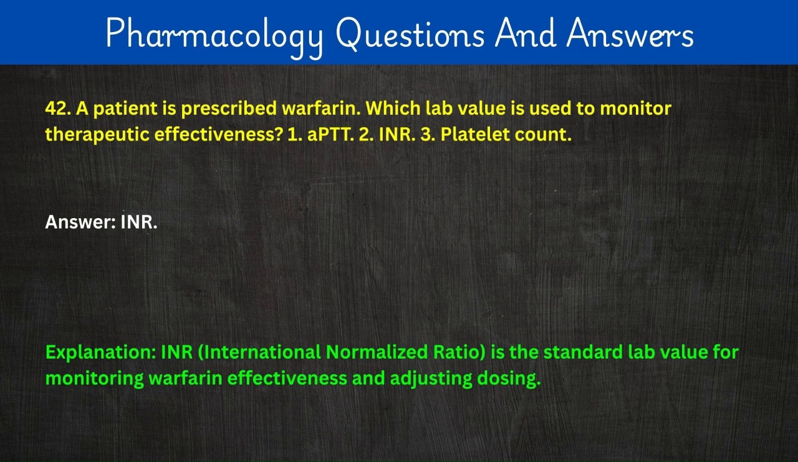42. A patient is prescribed warfarin. Which lab value is used to monitor therapeutic effectiveness? 1. APTT. 2. INR. 3. Platelet count. Answer: INR. Explanation: INR, International Normalized Ratio, is the standard lab value for monitoring warfarin effectiveness and adjusting